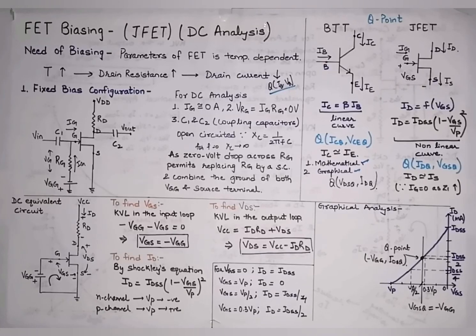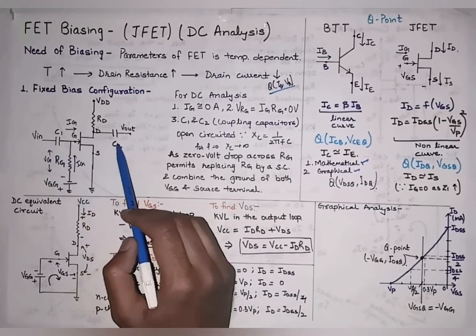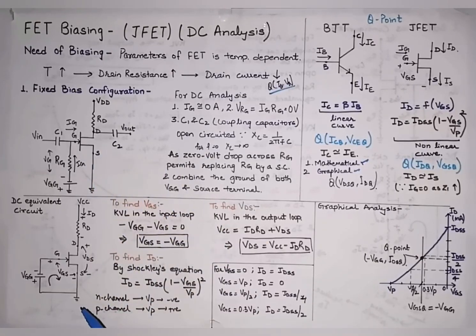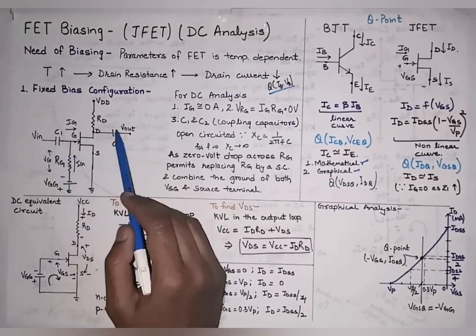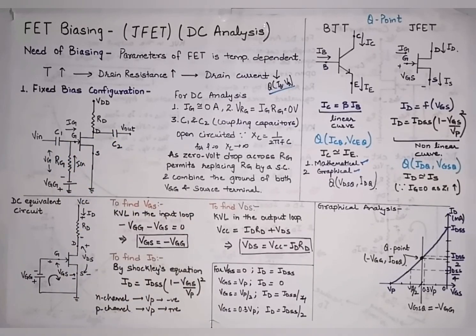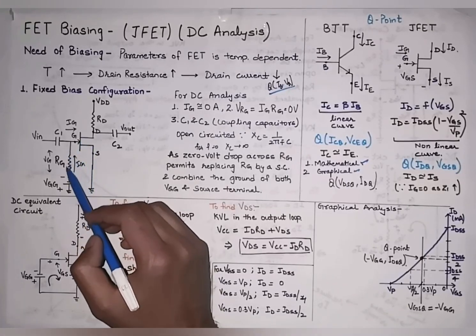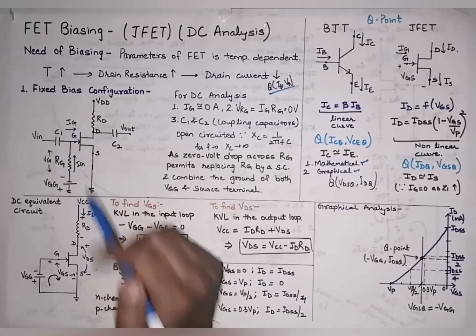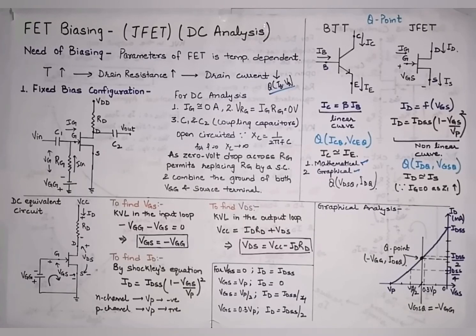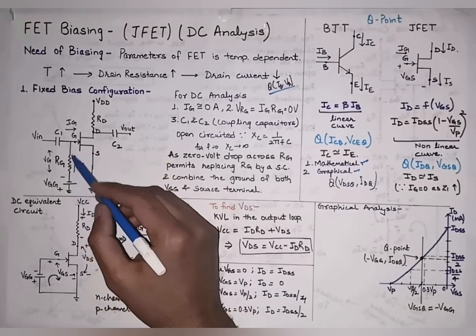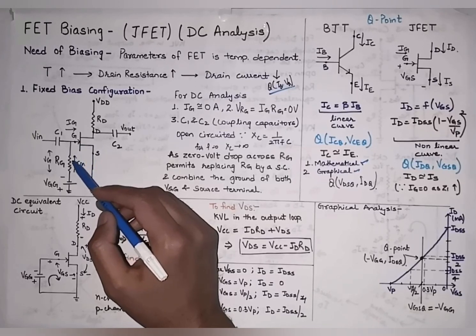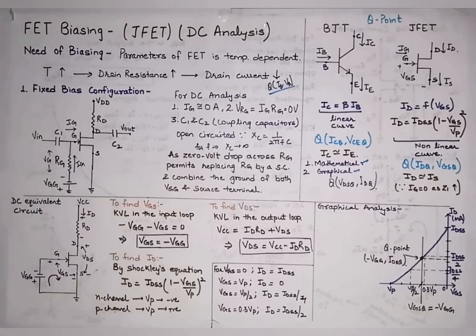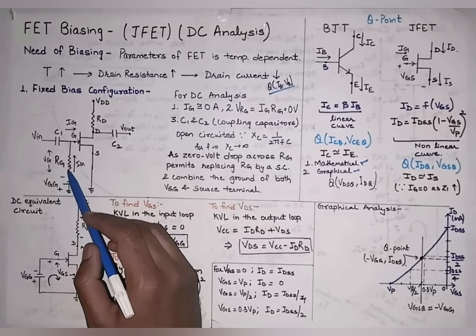Now for the DC analysis, we know the reactance or the impedance of the capacitors C1 and C2 is infinity, because the frequency of DC is equal to 0. It means for the DC analysis, these two capacitors will be open circuited. Also, due to the reverse biasing of the gate and source terminal, there will be high impedance, and due to the high impedance, the gate current will be equal to 0 or almost equal to 0. Due to this, the current going from this battery towards the gate terminal will be negligible, and we can say that the voltage drop across this resistor, that is RG into IG, will be almost equal to 0, or we can short circuit this resistor RG.